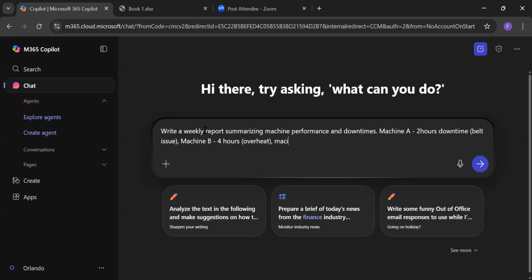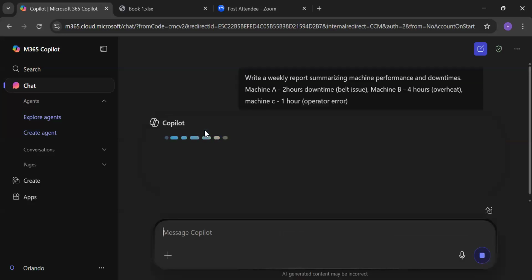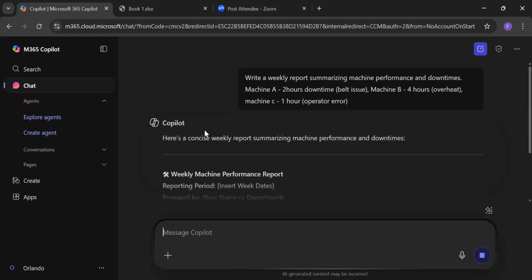And finally, machine C was off for 1 hour because of operator error. So with just this prompt, Copilot can generate a report for you.